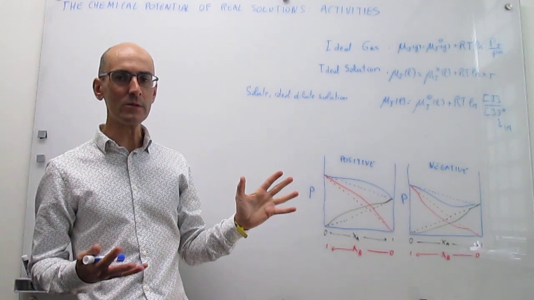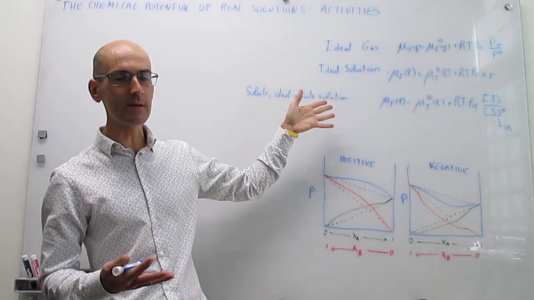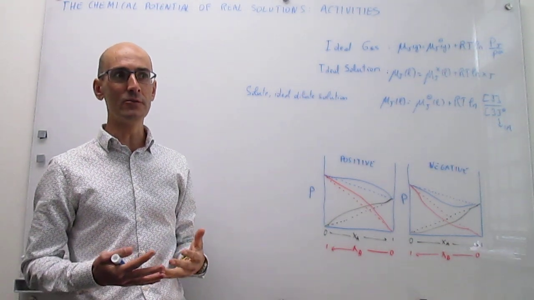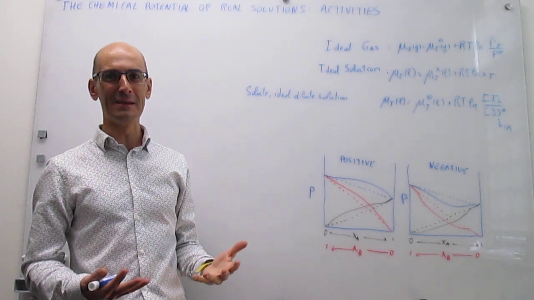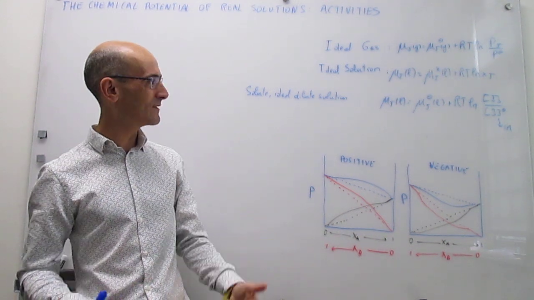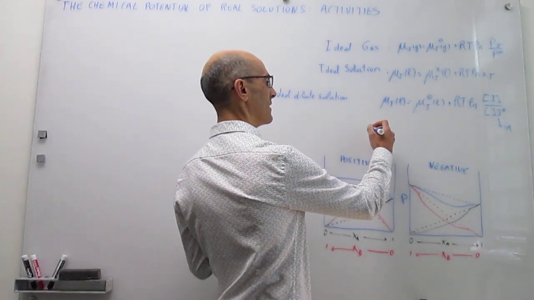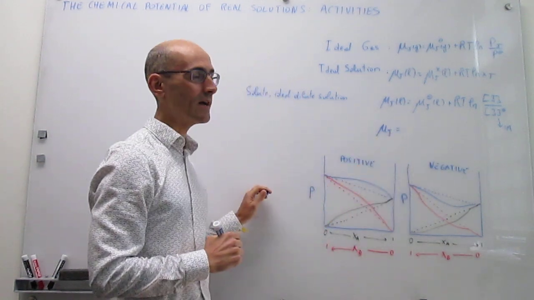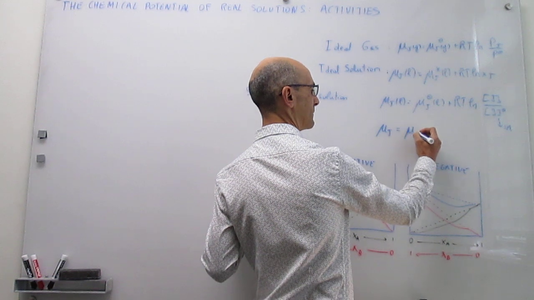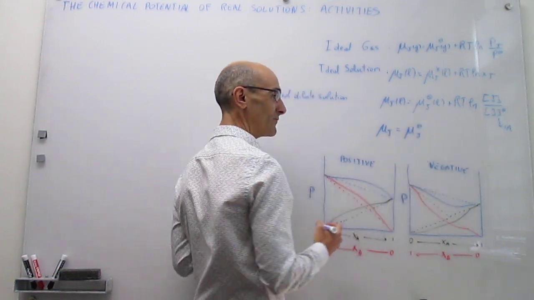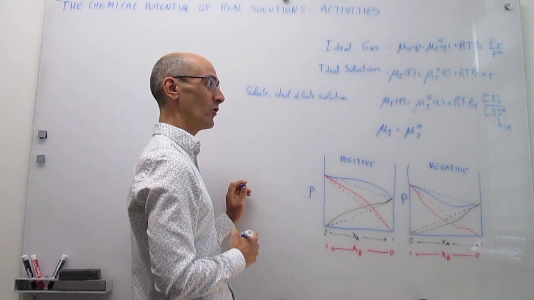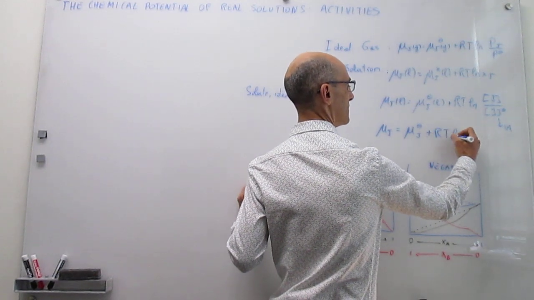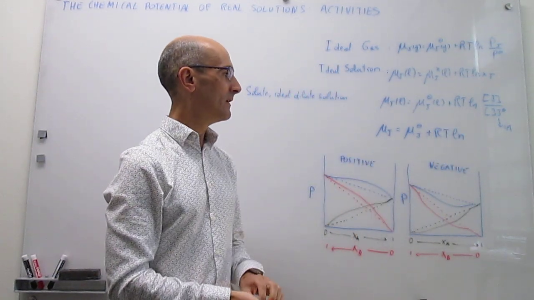Right, so something that we could actually do is instead of having just this piecemeal type of expressions for each of the cases, just to have a universal expression that then we can apply to the various cases, right? So that's something that we can do right away. Notice that we can say that the chemical potential of J, whether a liquid or a gas, is simply going to be equal to the chemical potential of J at some reference concentration, which could be the standard state or could be the pure liquid, plus RT natural log of